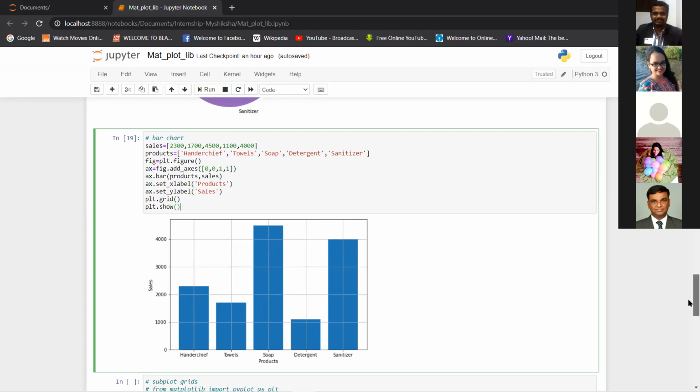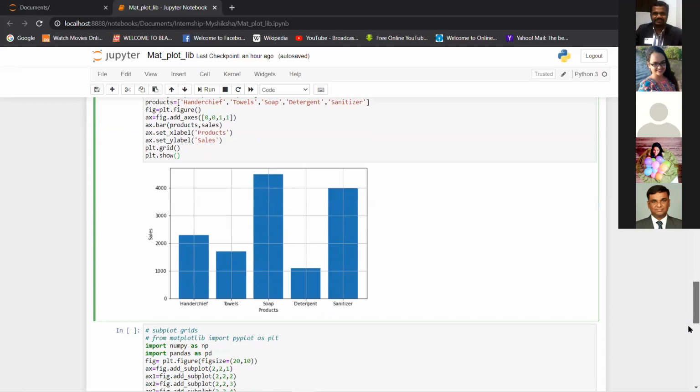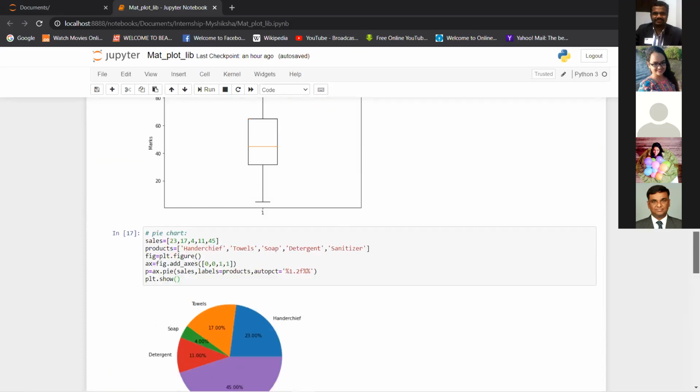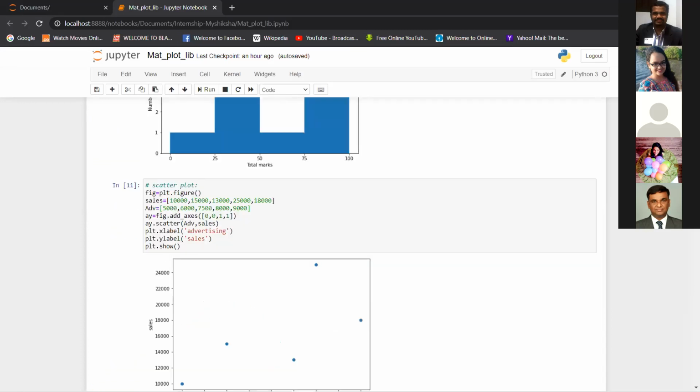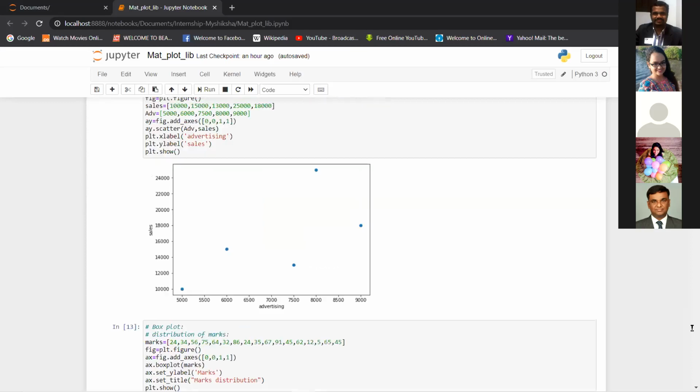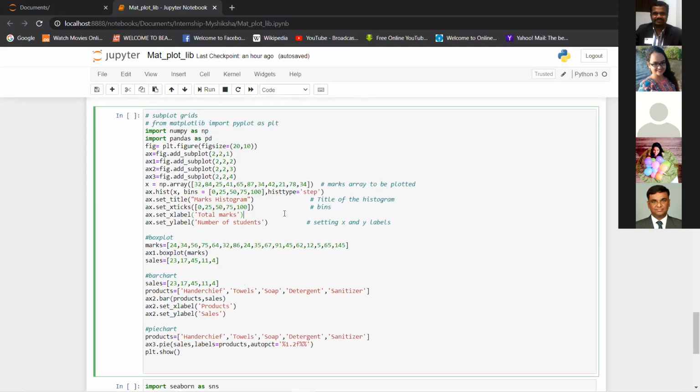So this was the bar chart. Now we'll go to the grids. There is not much change. What I have done is I have pasted all the code from the previous figures here in this area where I want to create the subplots. Subplots is basically if you want to see these four charts in one figure, in one area, right? So I've written all the code here.